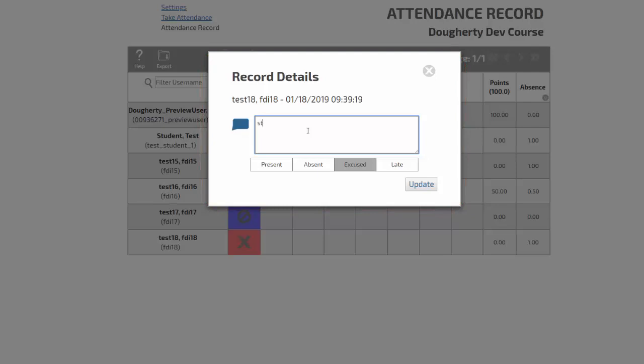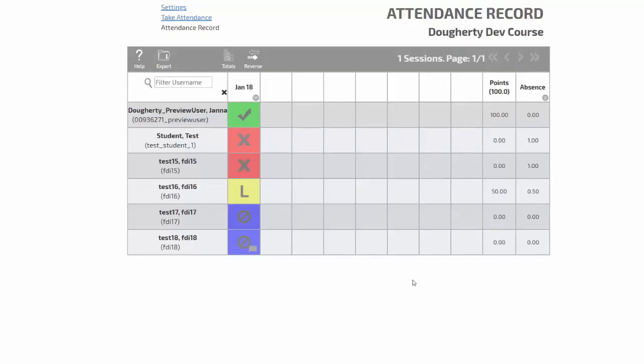Student was absent due to heavy traffic. Then click on Update to save that comment and that new status. Now we see that it is listed as excused.